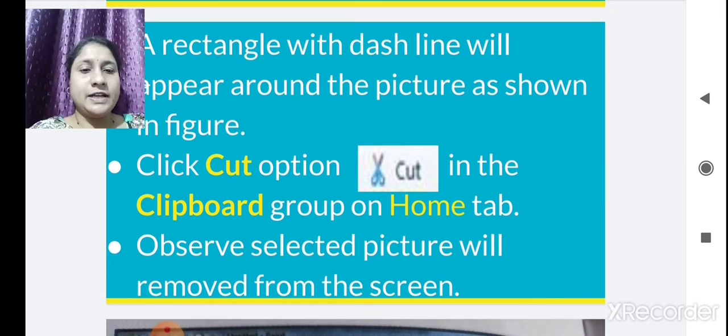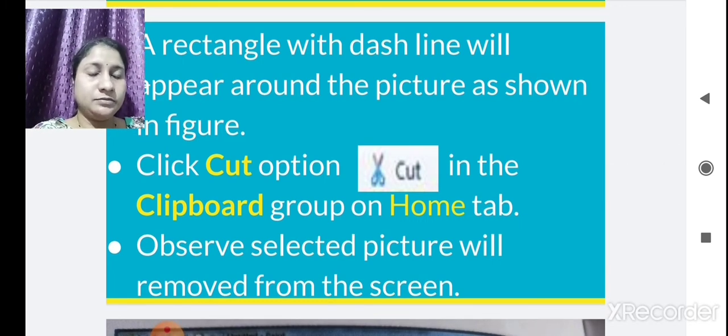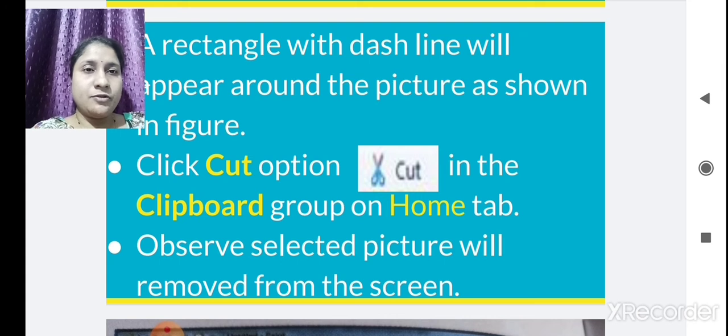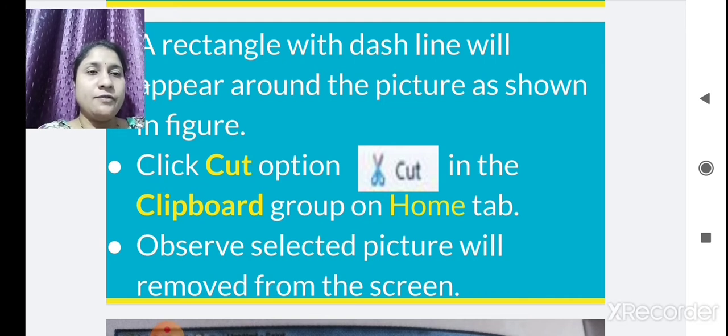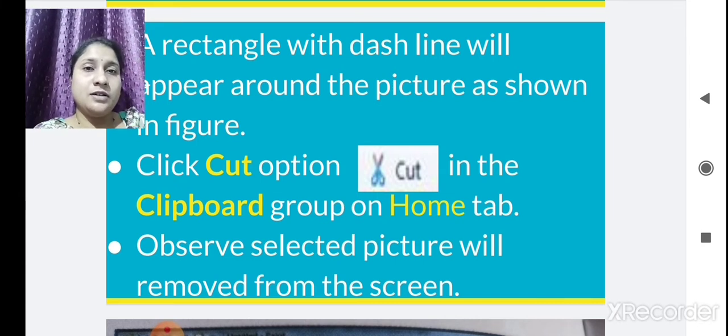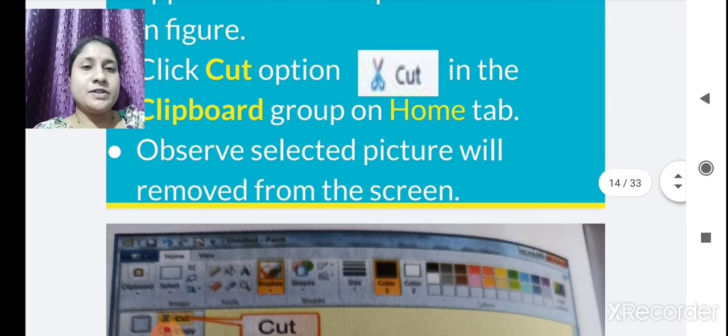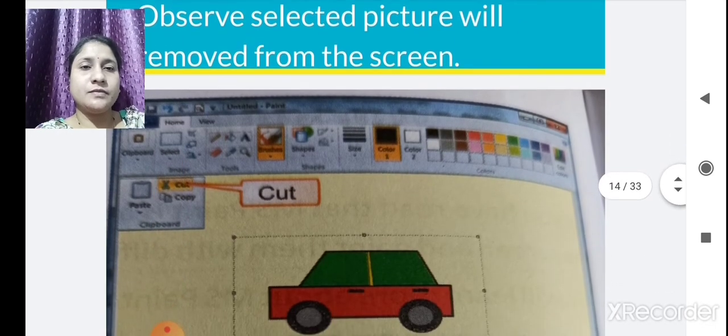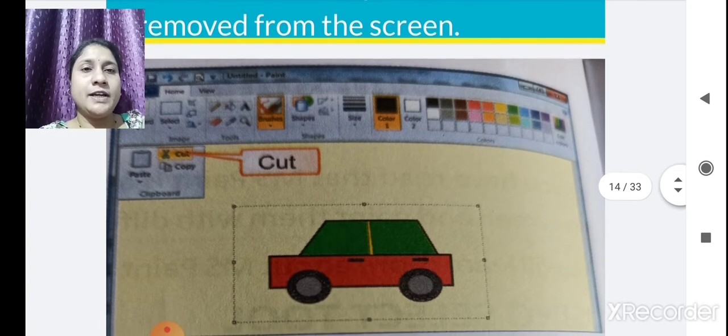When you select any object from the drawing, you have to click on the cut option in the clipboard on the Home tab. What will happen if you click on the cut option?